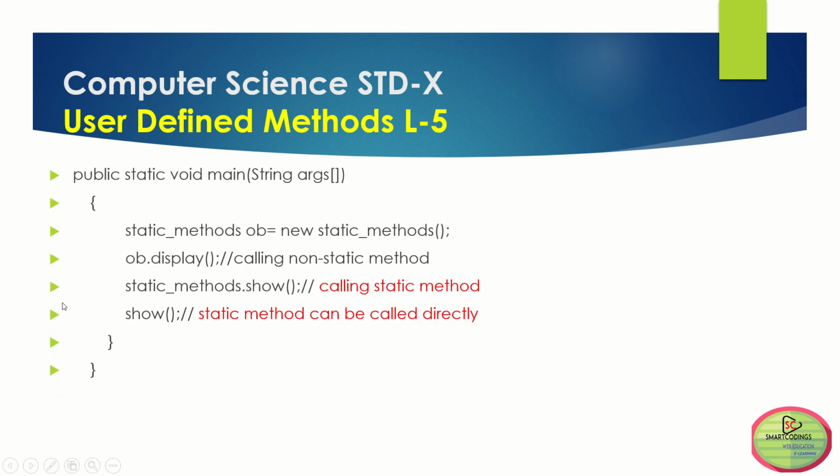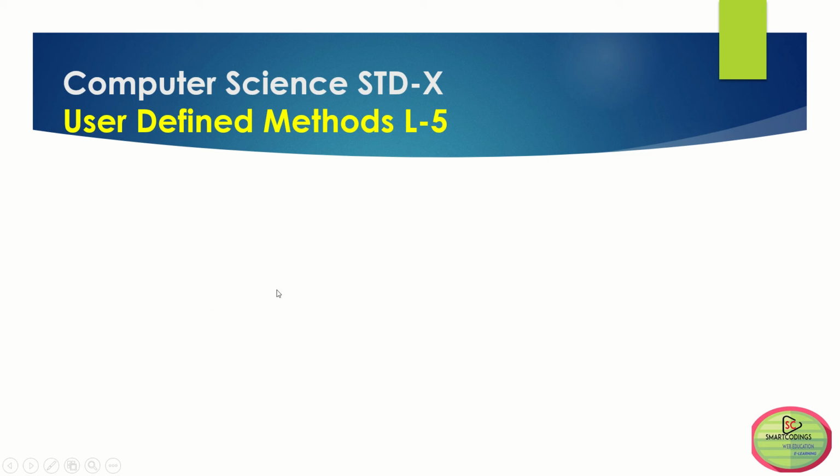Let us see over here from the main method now, because you know the Java program starts with the main method. It is the entry point of the compiler. So we are creating an object of StaticMethod, that is ob is the object. Now we are calling this non-static method. The non-static method display can be called using the object, ob.display. No issues, no problem in this line. It will work. Now show was a static method in the previous slide, as you can see over here.